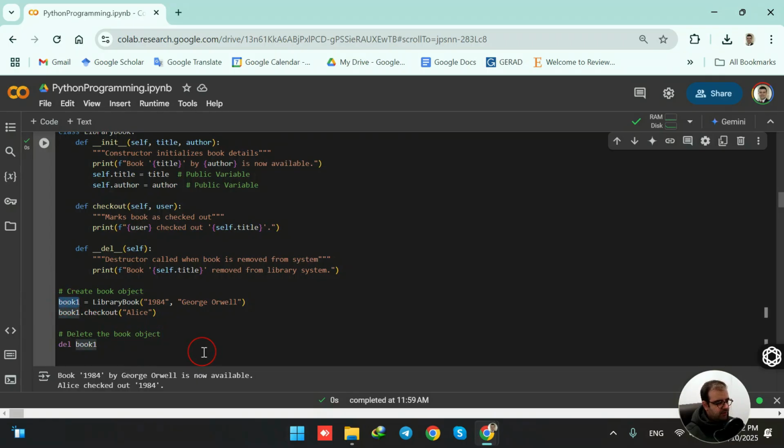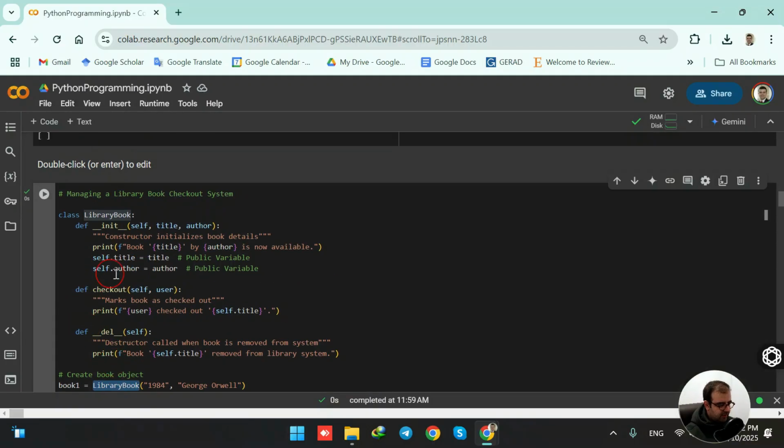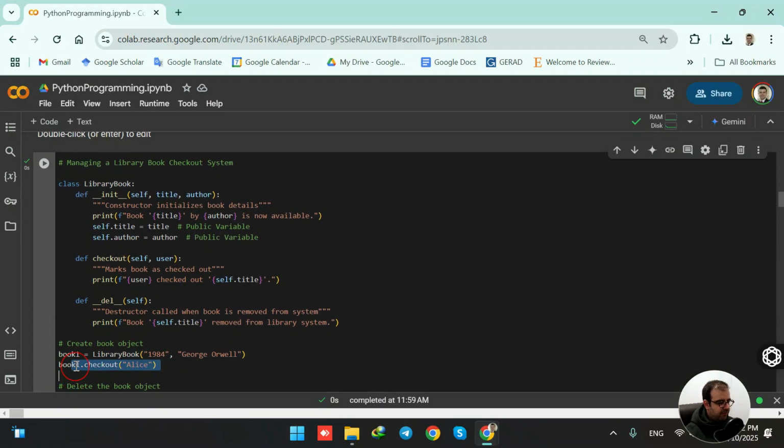Here I would like to create an object from the LibraryBook class. So I type down the name of my object. I would like it to be book1. You could have X, you could have H, you could have R. It depends on you. It's just a name. It's not important. So I name it book1 equals then the name of my class, which is LibraryBook, and